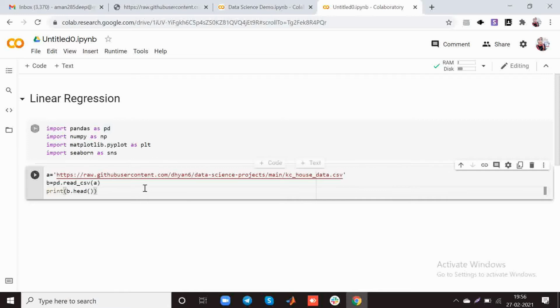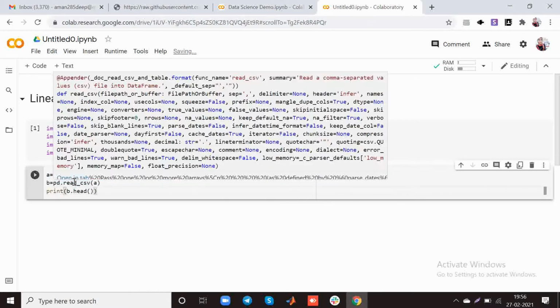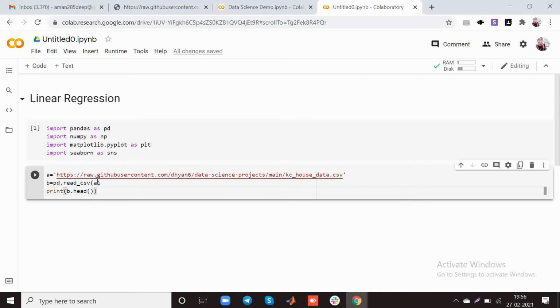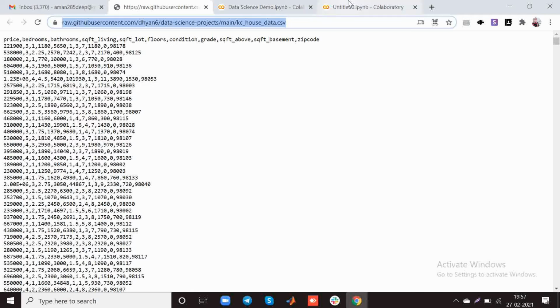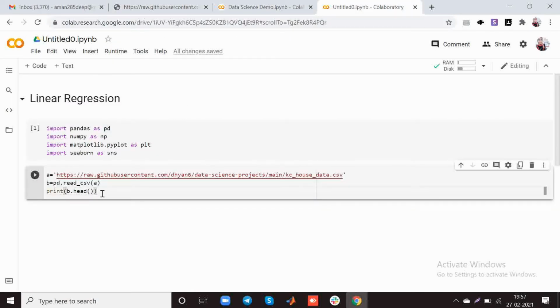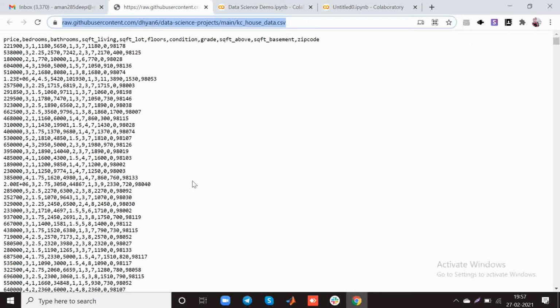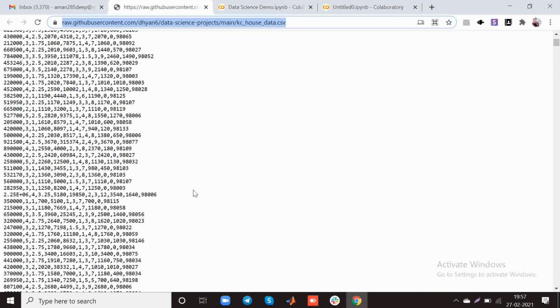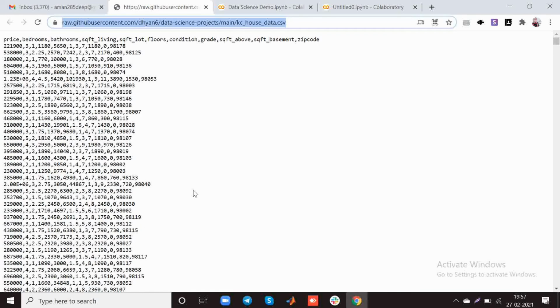Okay, so what does it basically do? a is a variable which contains the URL of this website. And with the help of pd.read_csv, we are able to read this website data and store this data in the variable b, and we print only the first 5 rows because the data is very long, so I can't print all the data, and it is really not useful to print all the data, and then we are able to identify what is given in this data.